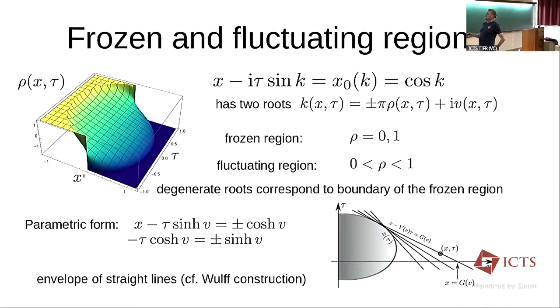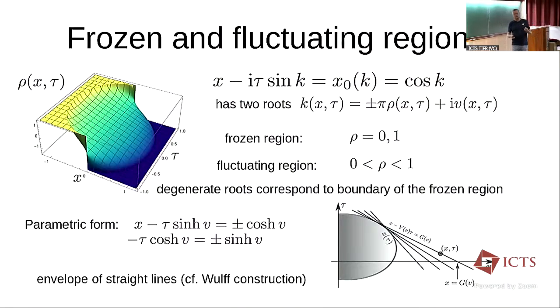In the frozen region, rho is defined as rho equals 0, or rho is a full occupancy equals 1. In the fluctuating regions, rho is between 0 and 1. In particular, it's very easy to get this from the equation for the boundary. Namely, one has to impose the degeneracy. I mean, for certain values of x and tau, these two roots coincide, degenerate, and this corresponds precisely to the